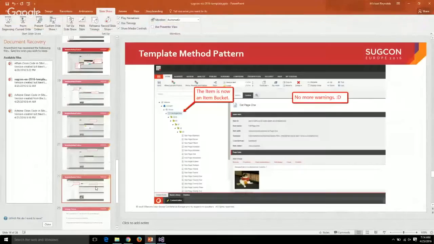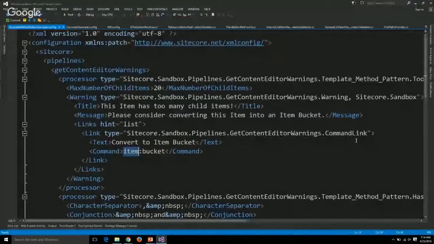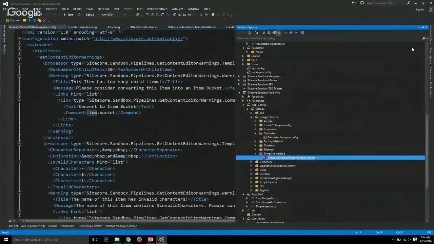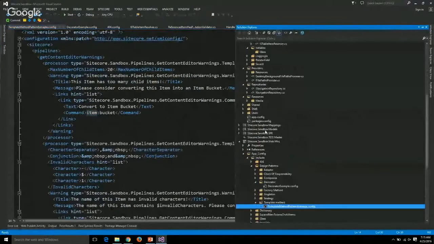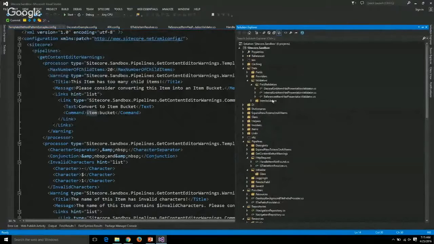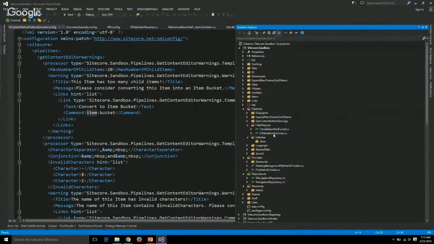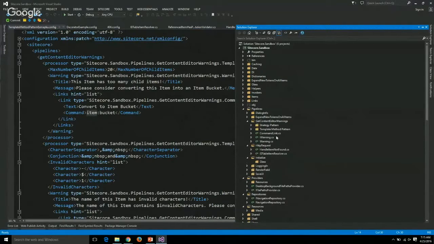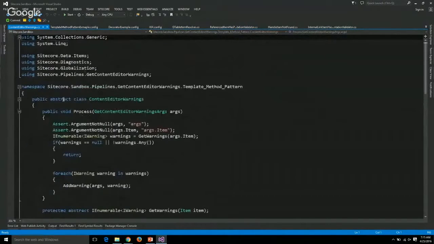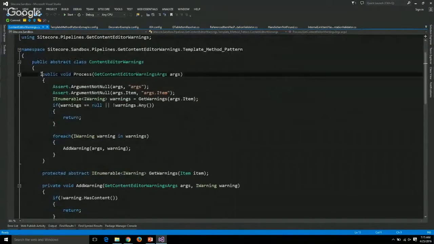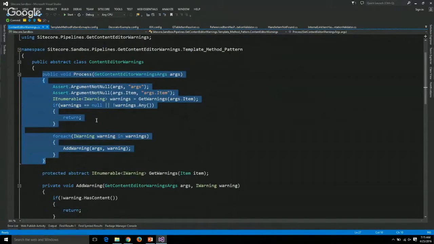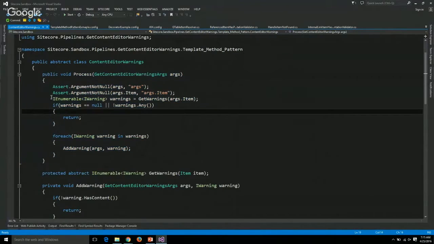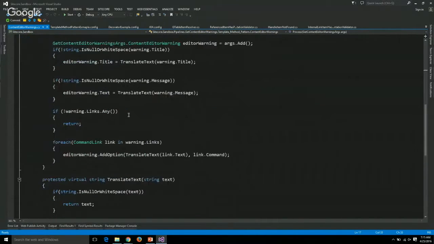And I just realized that I skipped over some code that I wanted to show that makes this all work. So let's do that. All right, so basically we have our abstract base class here. I've defined the process method for it. You need that for a pipeline processor in Sitecore. All it's doing is grabbing the warnings that you have defined in your configuration file. And the way we're doing that